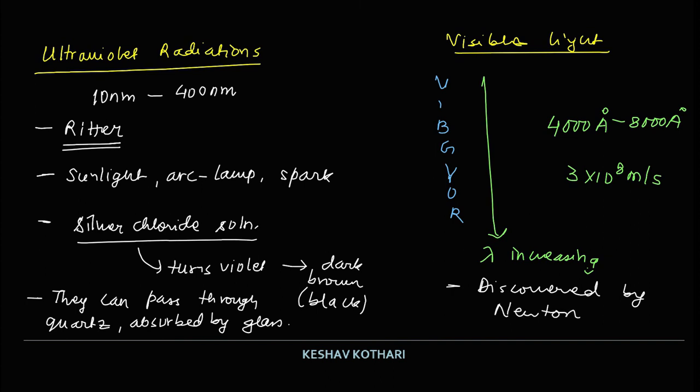If I talk about the source, then almost everything which we are able to see is a part of visible light, that is the sun, electric bulb, flame, white hot bodies. They are all the main sources of visible light. If you talk about the usage of visible light, then it is the most important thing for us. It is used in photography, in photosynthesis, and to see objects around us, obviously.